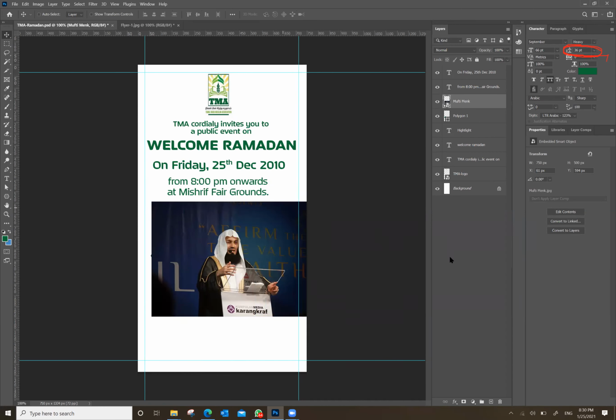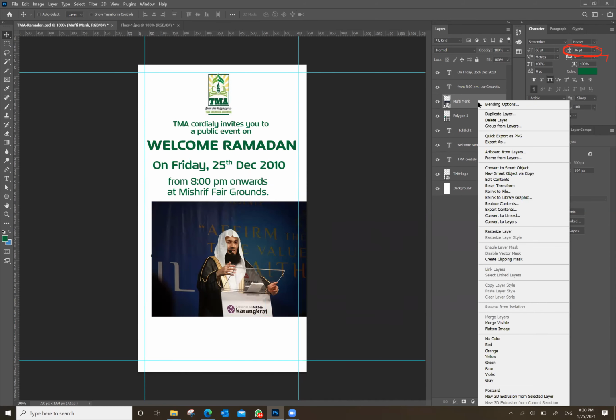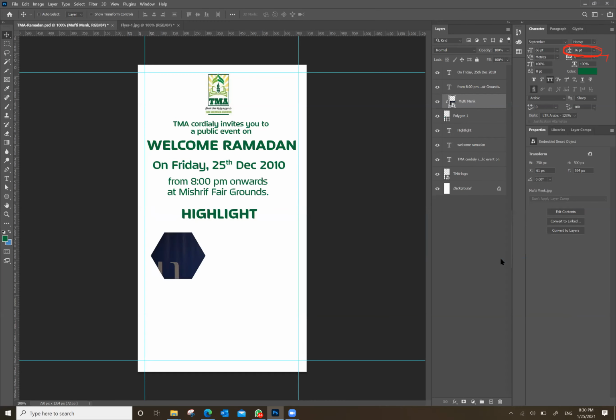Okay, so now what you can do is right click Mufti Menk. There is something called create clipping mask. Can you see the things I am highlighting in the menu? Yes. Okay, so if you say create clipping mask, Mufti Menk will go inside this box.